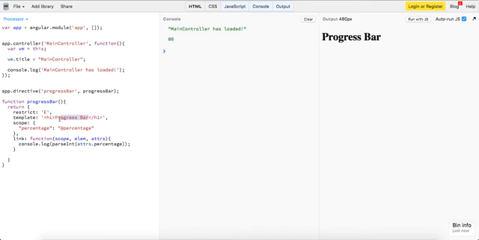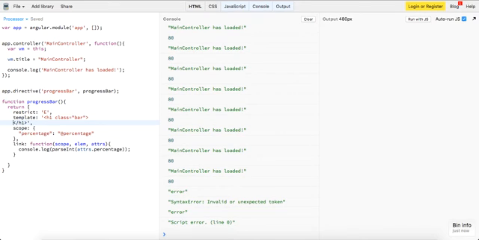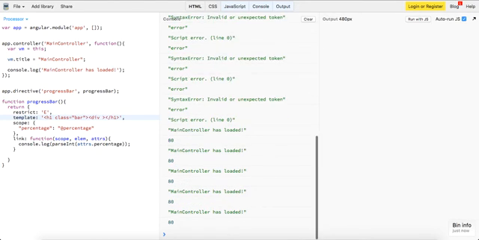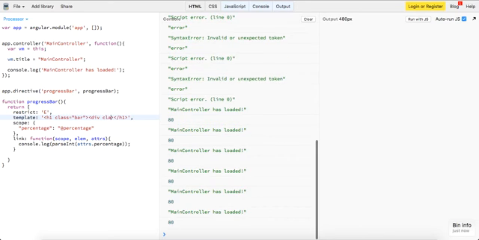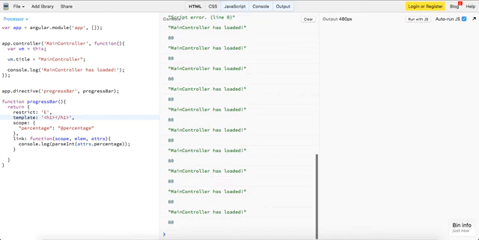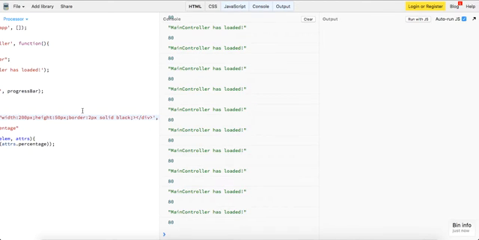So let's get rid of this right here. This is just going to be h1. This is going to have a class of bar, and then inside of here, actually let's put it all in one line. Inside of here, we're going to have a div with a, no, actually, we don't need that. We're just going to have a progress bar be an h1, or it'll just be a div, and we're going to give it a style with a width of 200 pixels, a height of 50 pixels, border of 2 pixels solid black,